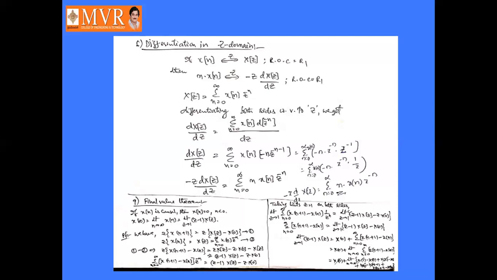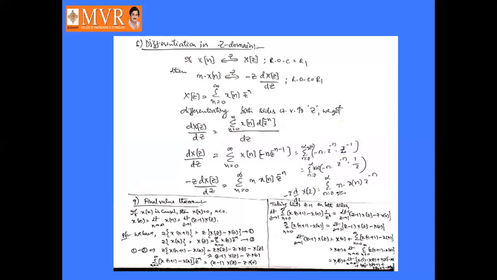The z gets cancelled, so it will become sigma n equal 0 to infinity of (x of n plus 1 minus x of n) is equal to the limit z tends to 1 of (z minus 1) into X of z minus x of 0. So the limit z tends to 1 of (z minus 1) into X of z is equal to x of 0